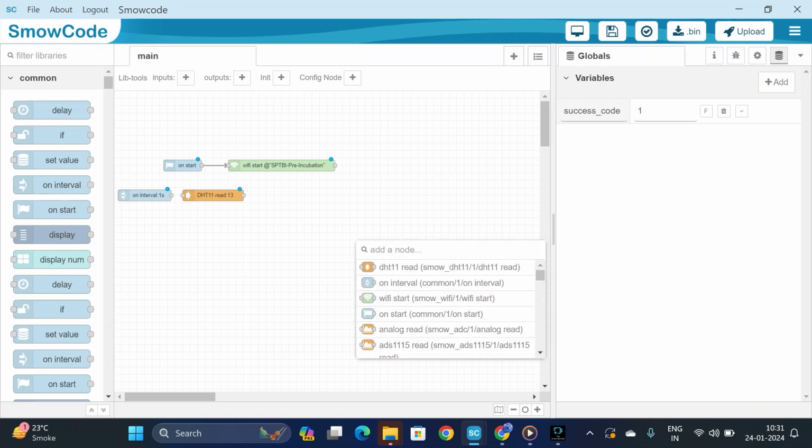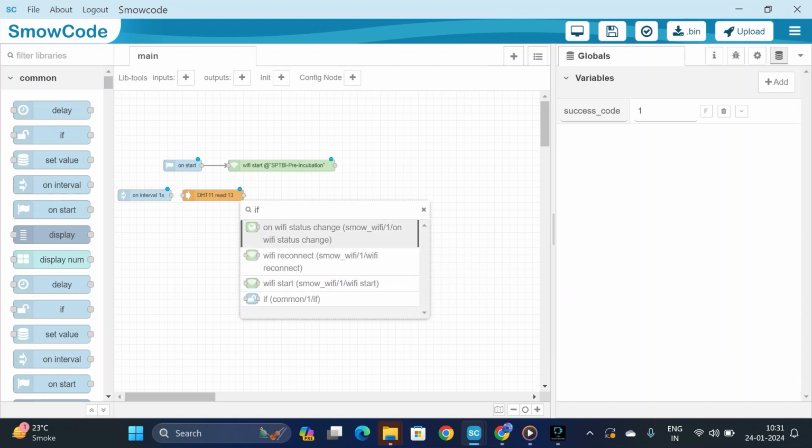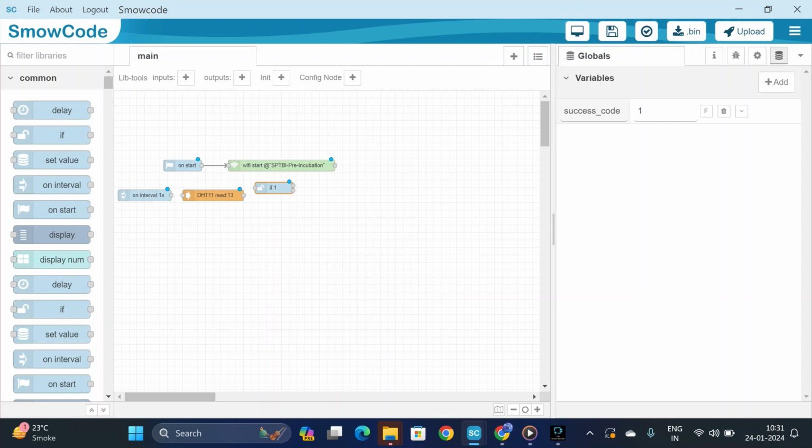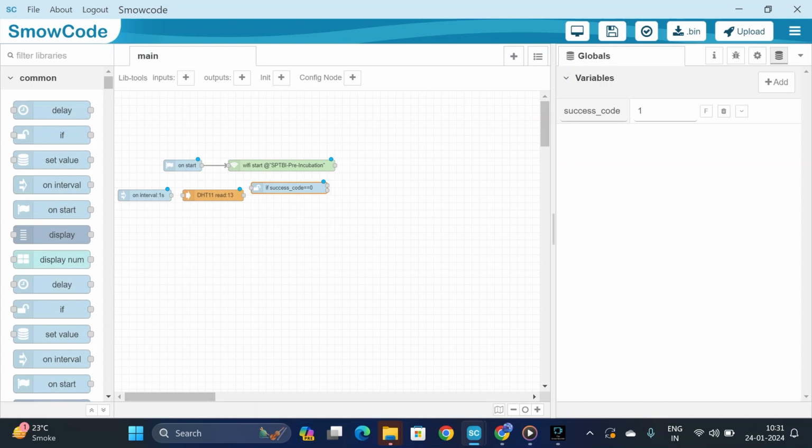Done. If the Wi-Fi is connected, we will be using an if node: if success code is equal to 0, that means it is connected, then it will create